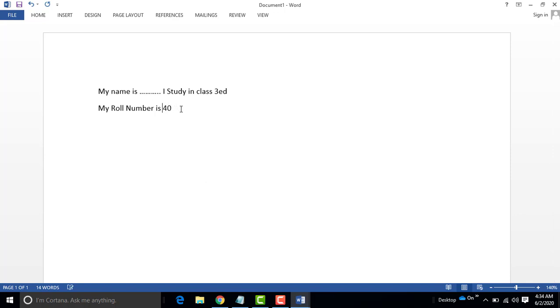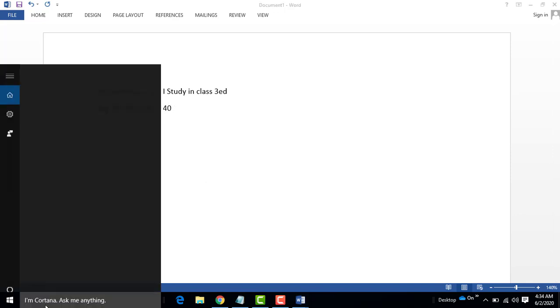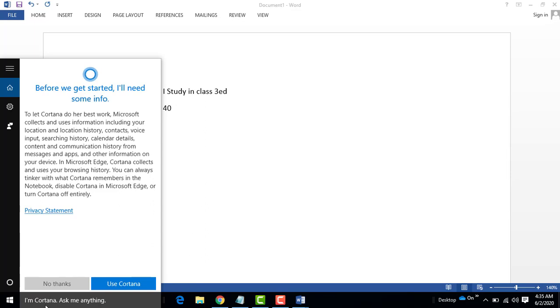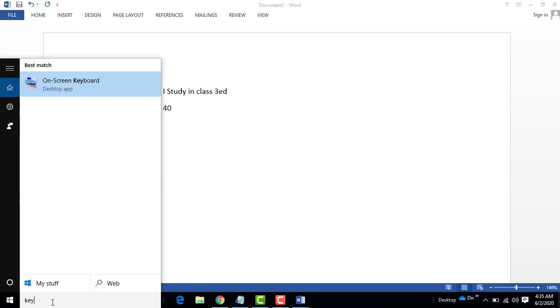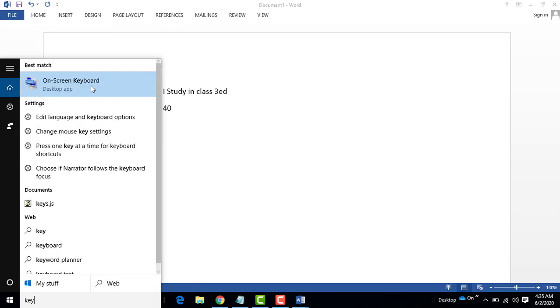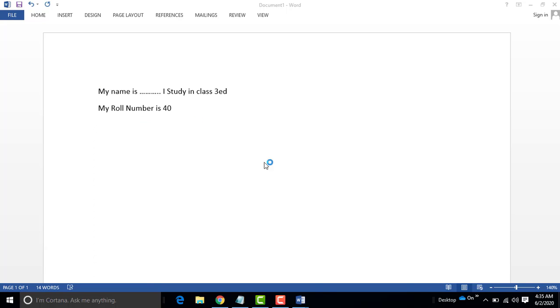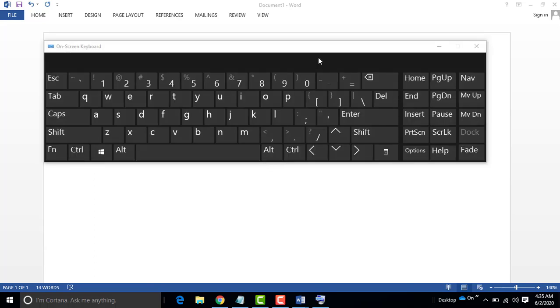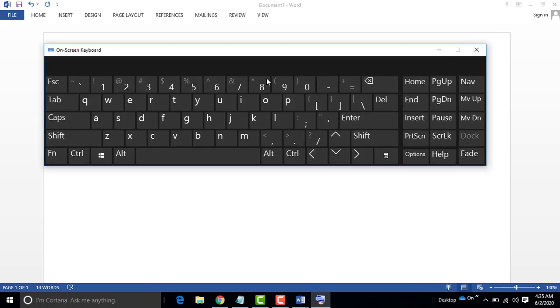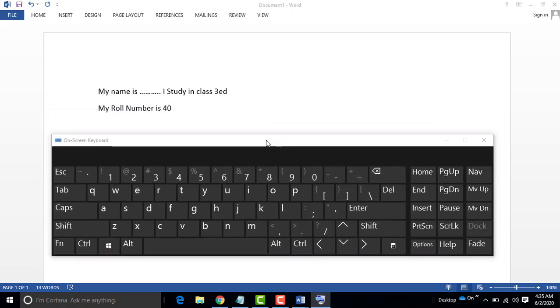This is the backspace on the keyboard. Let me show you the keyboard. So this is your keyboard. Once you type here, these are your options.